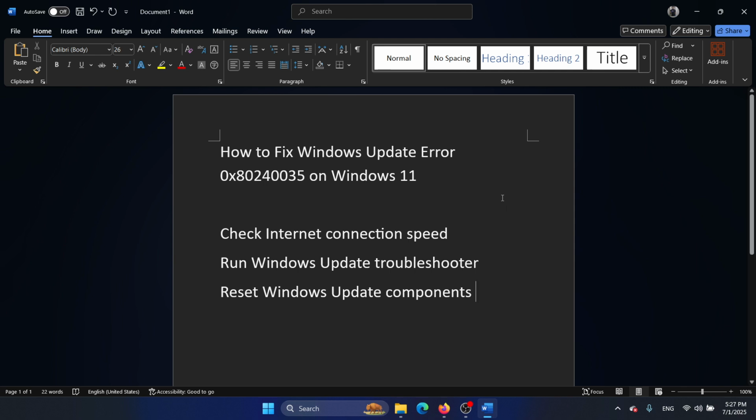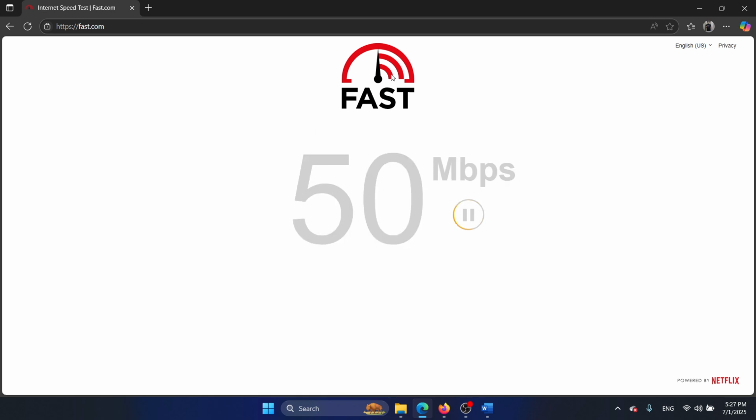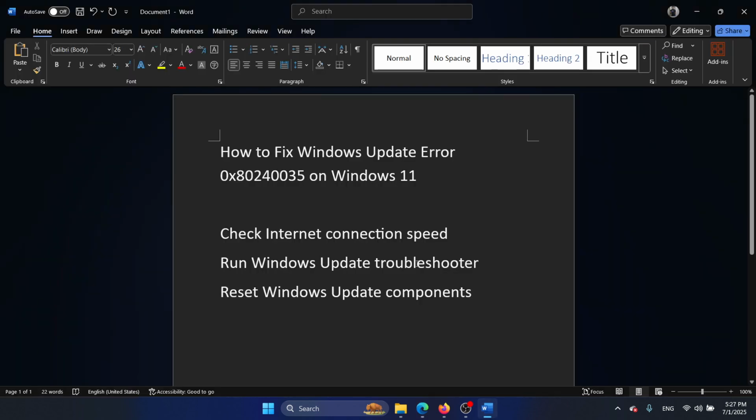So the first solution is to check the internet connection speed. Go to fast.com and check the speed there. Is it good enough? If yes, then you can move to the second solution, which is to run the Windows